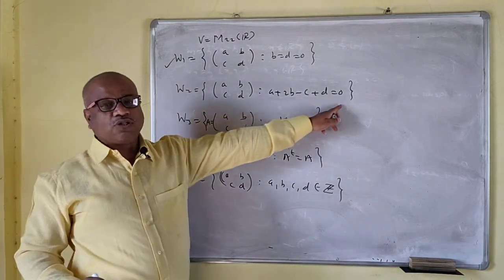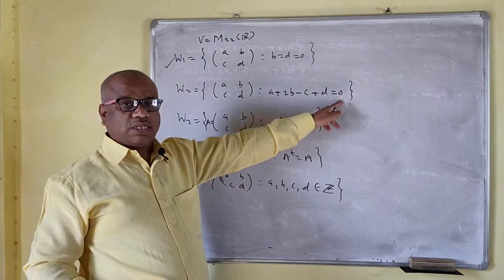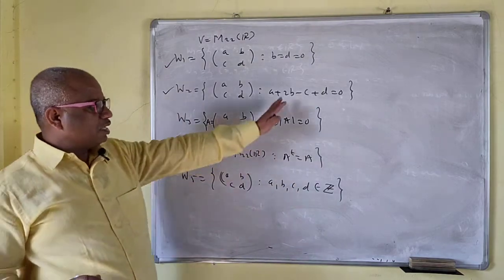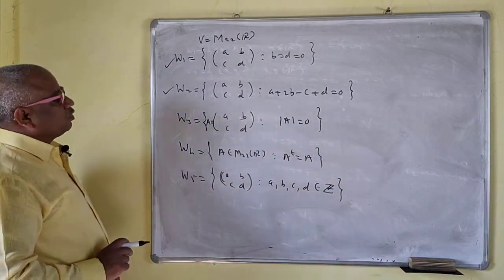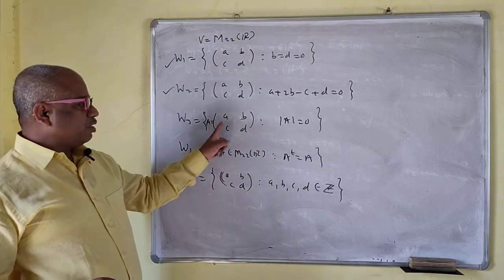So this is also the equation of a plane, just like a plane. This is 0 here. If it is a constant, then it will not be a vector space. Now this is a subspace. Orally you can say this is a subspace, you can check, because of 0. Now this is determinant A is equal to 0. So determinant of 0 is 0.